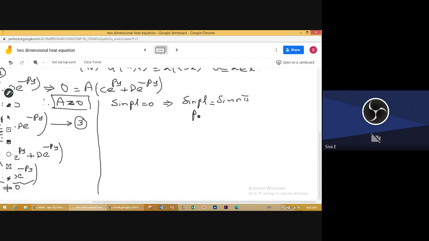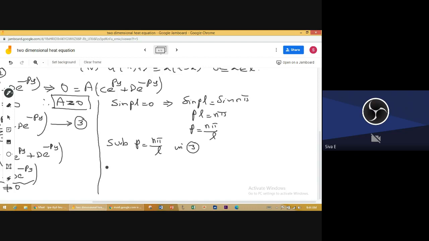So pL = nπ, p = nπ/L. Substituting p = nπ/L in 3, we will get